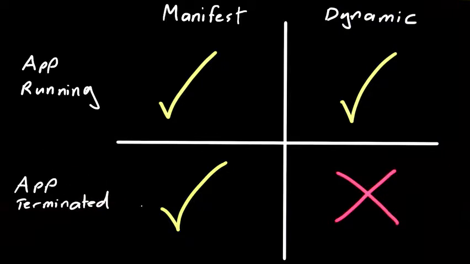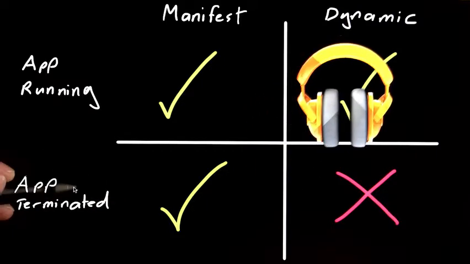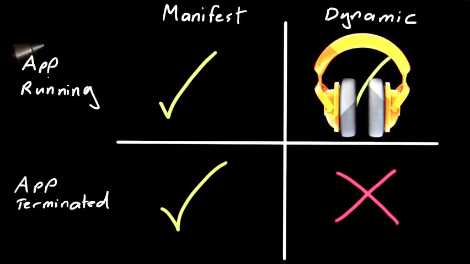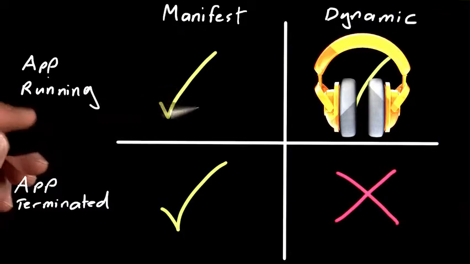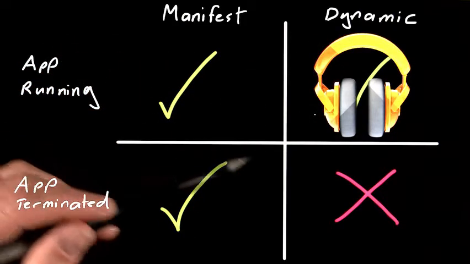For example, I usually code with my noise-cancelling headphones on, so a music app like this might want to register a runtime receiver to listen for the system intent broadcast that announces when headphones are unplugged. That will allow it to automatically pause playback when the audio routing switches from headphones to speakers. In this case, we can use a runtime receiver because the app is guaranteed to be running if music is